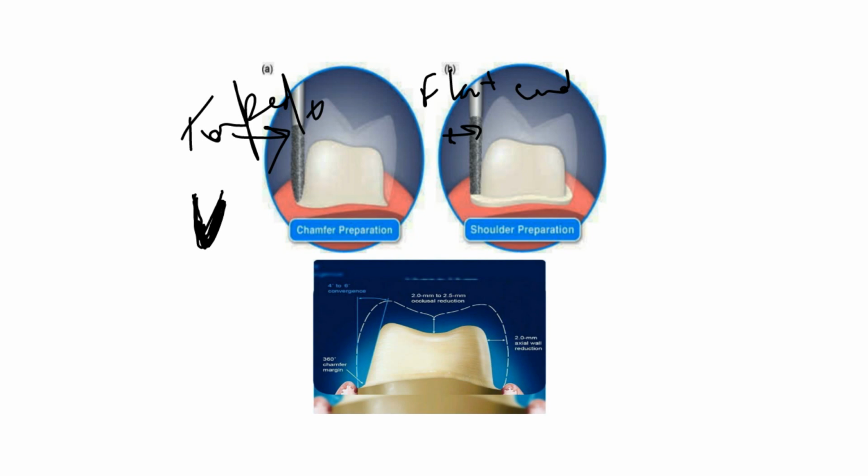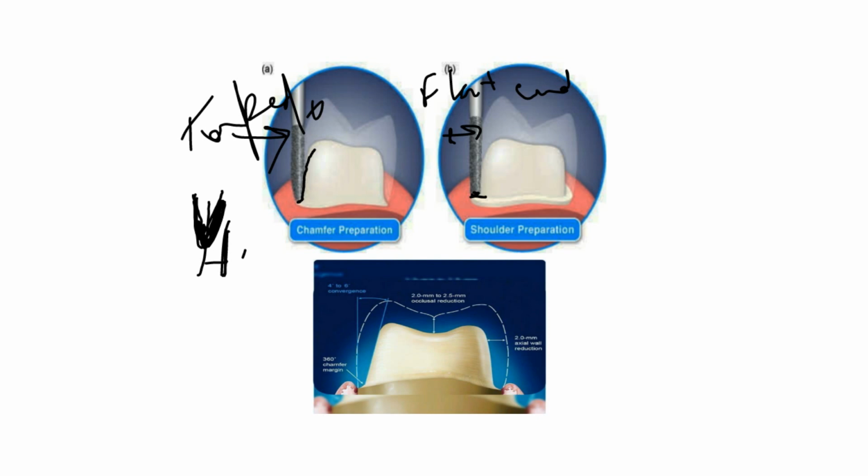When we prepare a tooth with a torpedo burr, we get a chamfer margin. You can see this, we get a chamfer margin. But when we prepare our tooth with a flat end burr, we get a shoulder margin. So these margins are automatically created depending on what type of burr we are using. I hope this is clear to you guys.